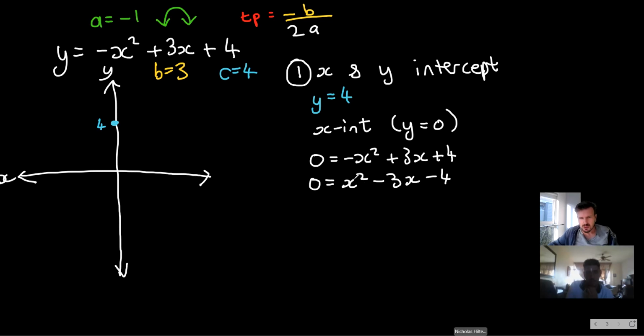So why would I change the sign of everything? Because to factorize this is much harder than to factorize with a negative. Because when you factorize, you have these. Yeah, yeah. But if you have your silver calculator, it doesn't matter because you can say negative 1, 3, and 4,